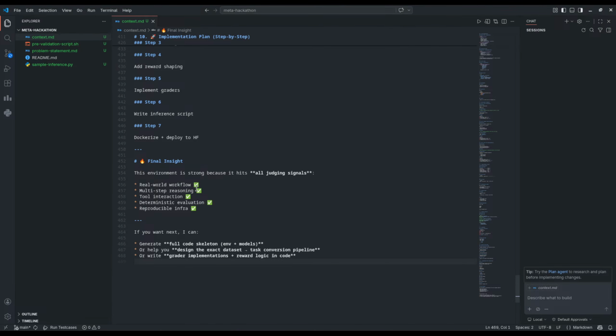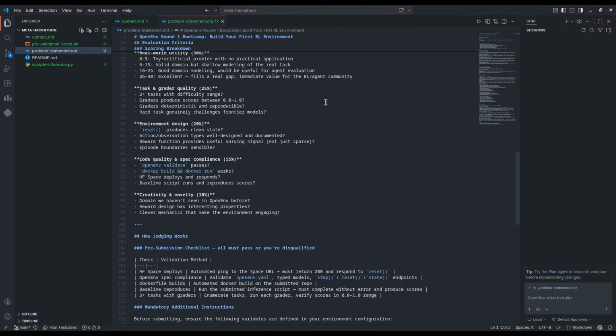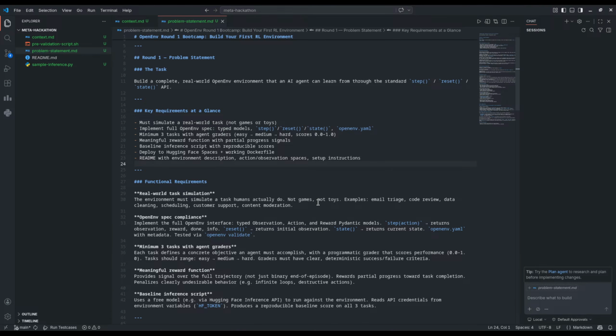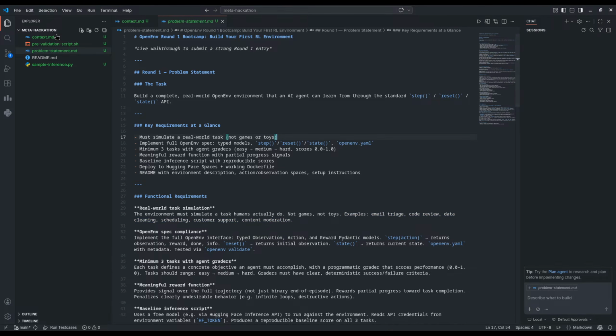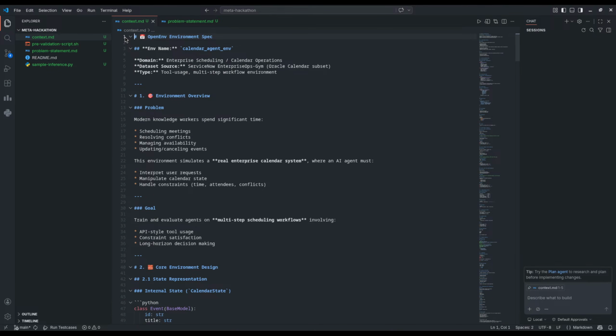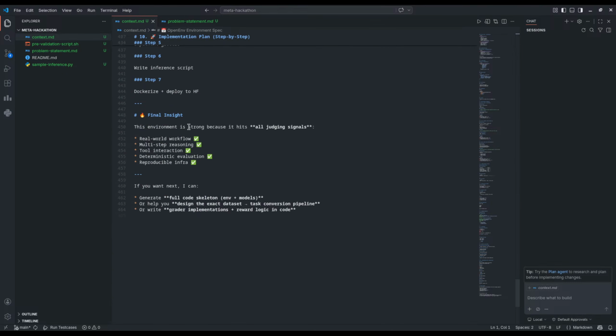Screen. Okay. So I'm giving it a little bit of context here, and this is the original problem statement that we will be solving. Let me remove this thing. For example, again.